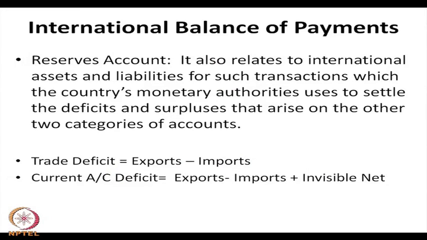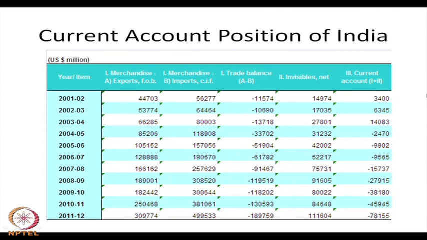Many of our imports are also capital imports, or imports in the form of essential raw materials and capital goods. These will also be affected because of the depreciation of the rupee. So, we need to correct the trade deficit and also we need to correct the current account deficit. After analyzing the international balance of payments, we should also understand the current account position in the case of India.